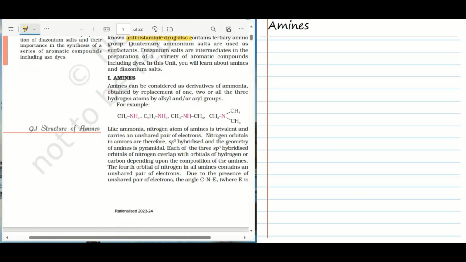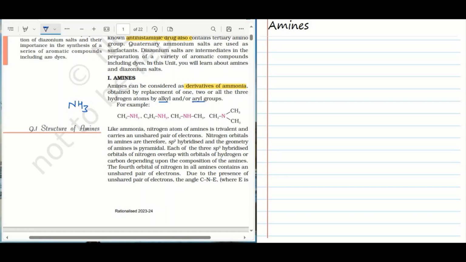So let's learn about amines. Amines can be considered as derivatives of ammonia, obtained by replacement of one, two, or all three hydrogen atoms by alkyl or aryl groups. For example, ammonia is NH3. So when we replace 1, 2, or all 3 hydrogens with alkyl groups or with aryl groups,